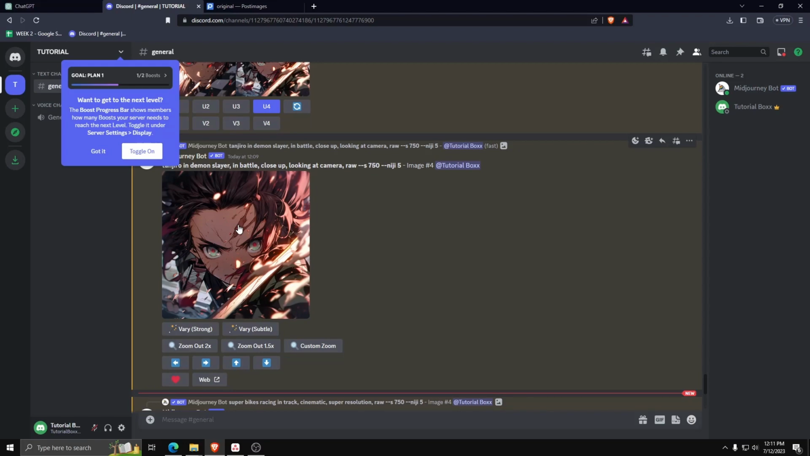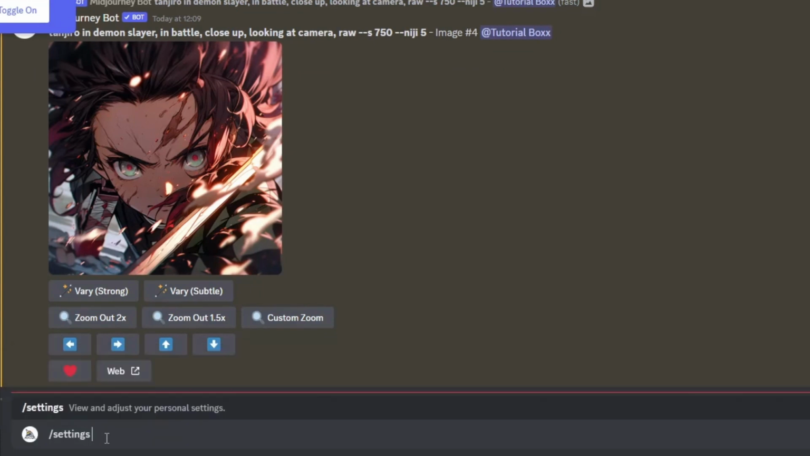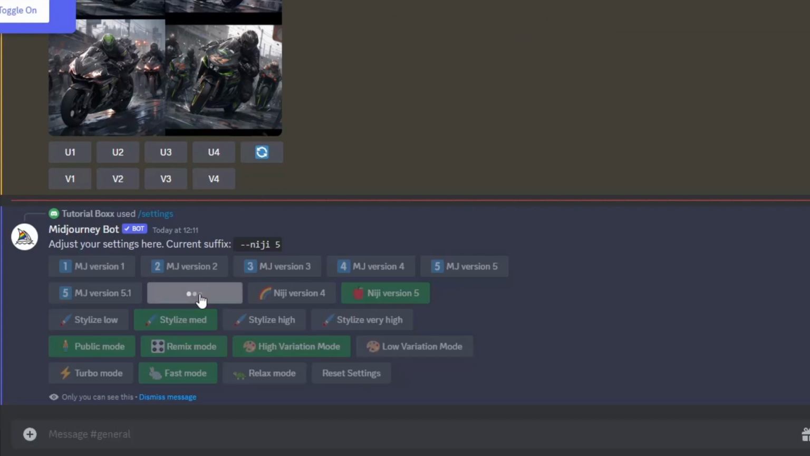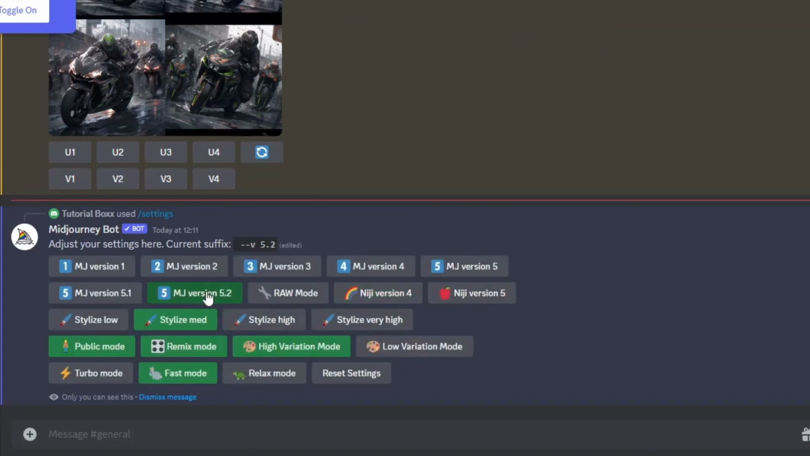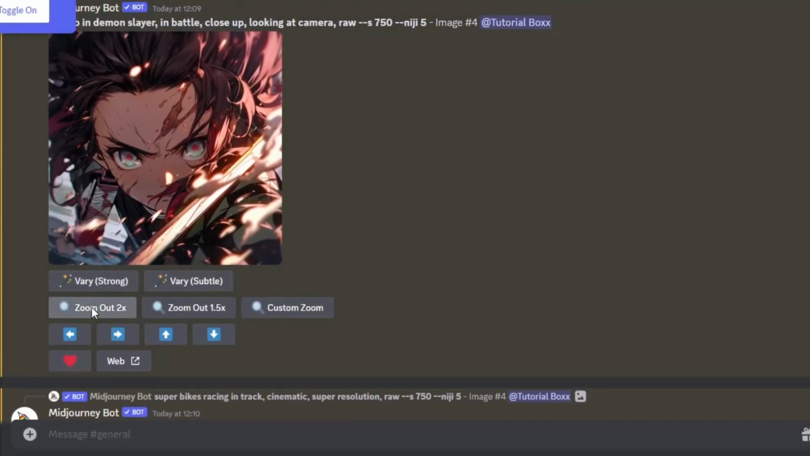Now, after generating all these images, let's access the settings menu of Midjourney. Do this by typing /settings. Then, with the settings list shown here, click on MJ version 5.2. Once you have that setting clicked, go back to the upscaled Tanjiro image we generated, and click on Zoom Out